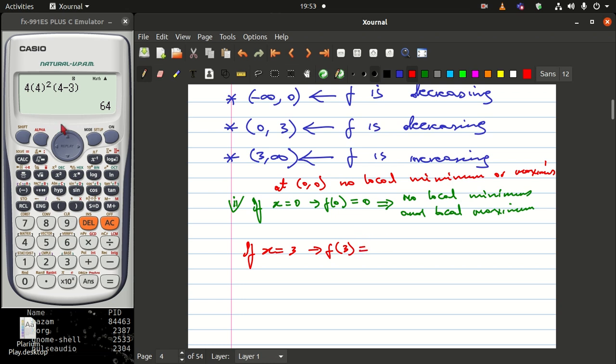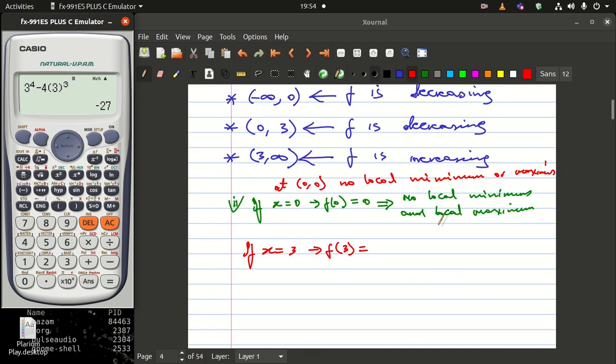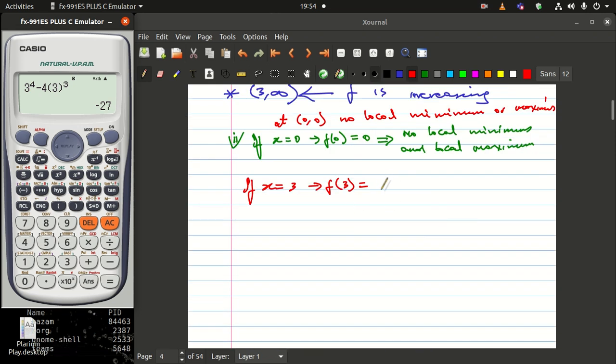It's going to be 3 raised to 4, and then we subtract a 4, and then we multiply this by a 3, and then of course we raise it to a 3, and then we have a minus 27. So we can say that when x is equal to 3 and y is equal to minus 27,